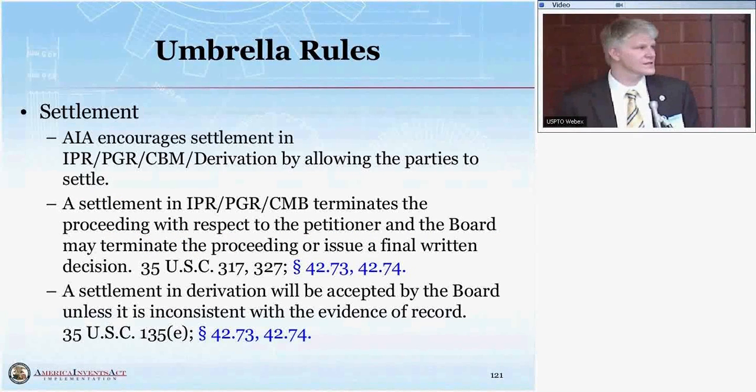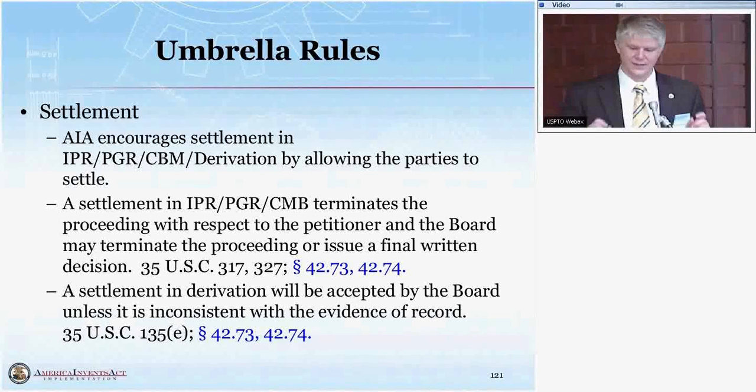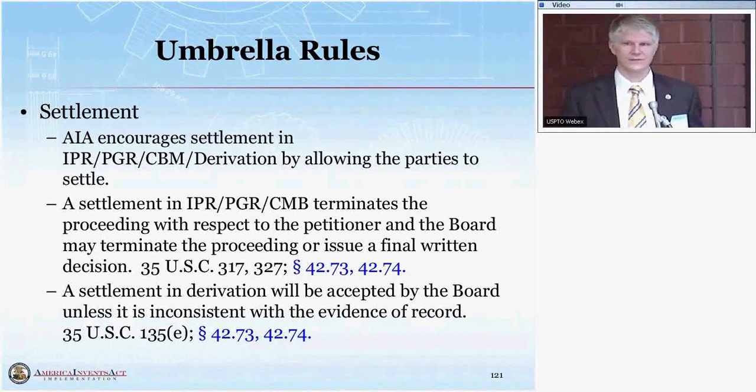Now, Congress has set forth that cases can settle, and they gave an incentive for a petitioner to settle. Where a petitioner settles a case with a patent owner, in an IPR, PGR, or CBM, that terminates the proceeding with respect to the petitioner. So if there's no final written decision in a case and it's settled, the petitioner is not going to face estoppel from the final written decision because they're no longer a party in the case. So in a situation where it settles, the board can terminate the case completely with respect to the patent owner, or there are instances where we need to go